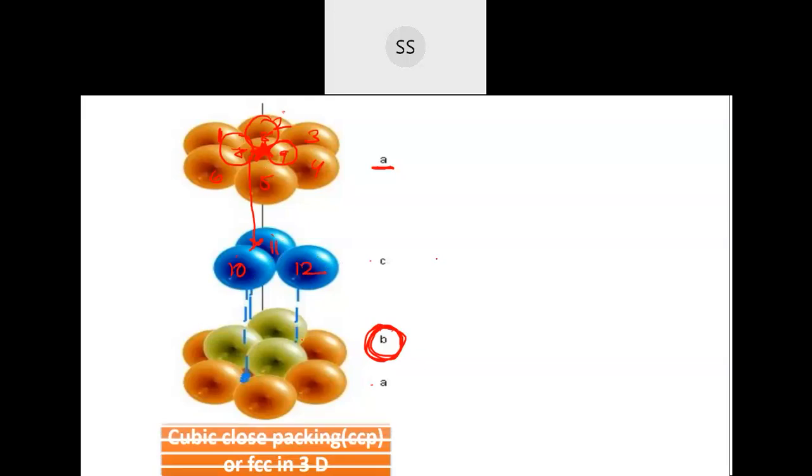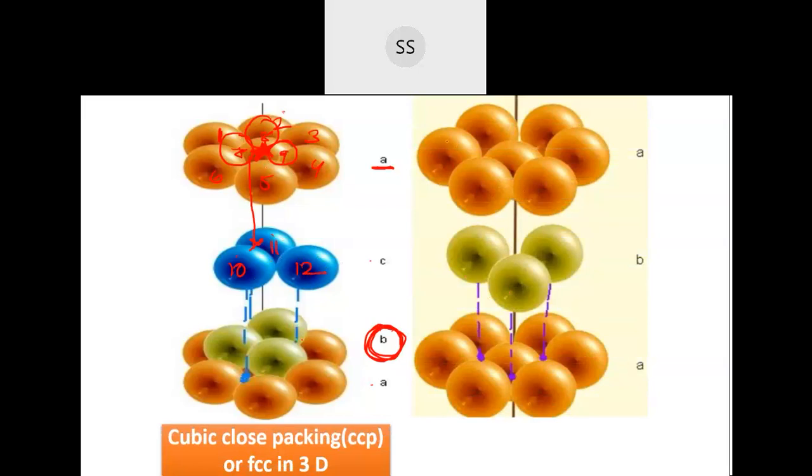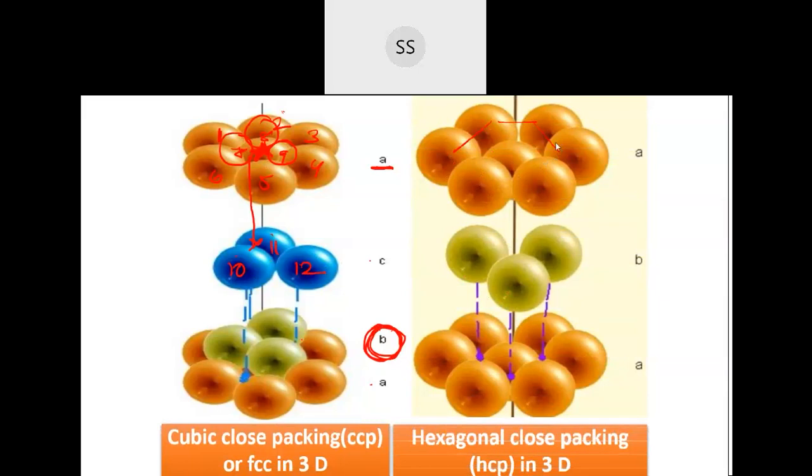Same thing you will be able to see for HCP also. This is the HCP unit cell. You can see here the hexagonal unit cell. If you want, I'll just draw and show you this. See, if I join this line together, the unit cell shape is like a hexagon, like this. Then again I have a hexagon below. If you join this together, that unit cell shape will be hexagonal. You have studied the hexagonal crystal system, no? Where the whole unit cell shape is like a hexagon. So you'll get a hexagonal arrangement.